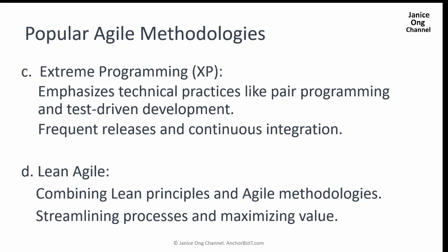Key aspects of Lean Agile include combining Lean and Agile principles. Lean principles originated in manufacturing and focus on efficiency, waste reduction, and value stream optimization. Lean Agile combines these principles with Agile methodologies, adaptability, and customer centricity. Streamlining processes: Lean Agile aims to optimize the entire value stream from idea to product delivery. It identifies and limits non-value-adding activities to create a more efficient and effective workflow.